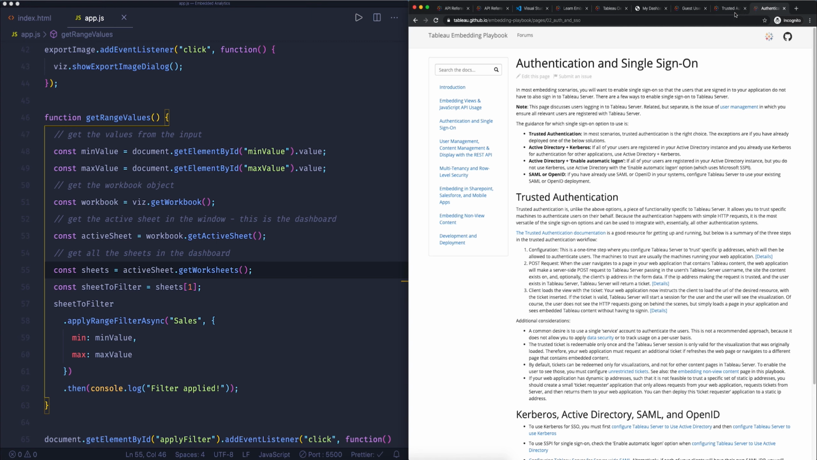So if we go to the Embed Playbook here, I'll put a link in the show notes. We have these options on the left-hand side. It tells us what embedding is, which you now know, which you've learned. We've done the JavaScript API. And now in this section about authentication and single sign-on, this is what you really need to think about